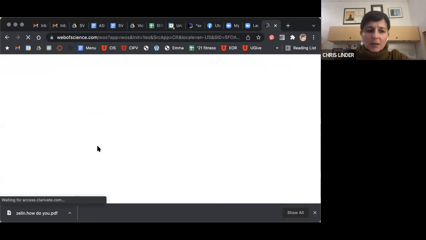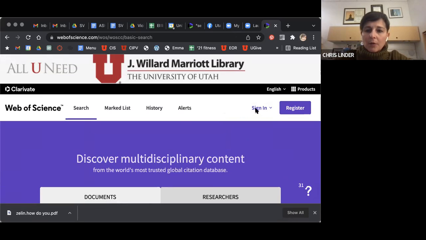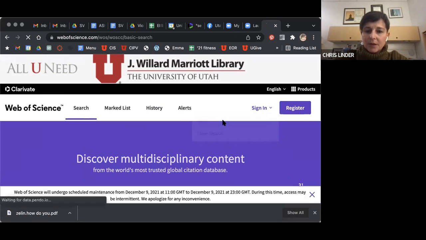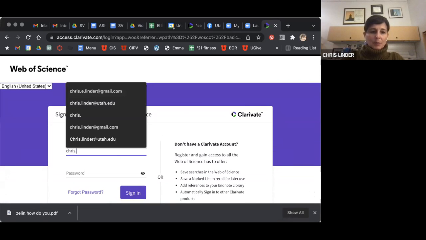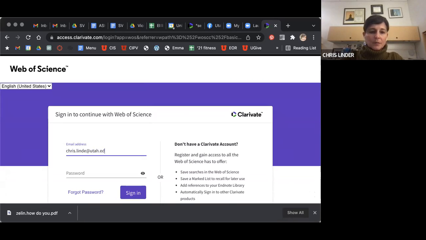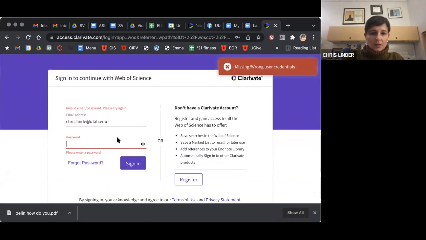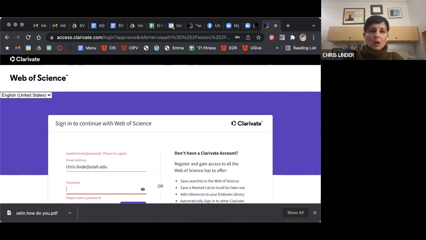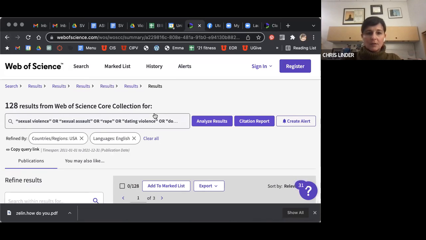So you click on Web of Science, and you're going to want to make an account in Web of Science specifically. You can see here I already have an account. This is going to be a test to see if I remember my password or not. I don't, darn it. Well, at any rate, you should sign into your account when you do this. I'm just going to show you the search without signing into the account, but you should establish an account so you can save things there.